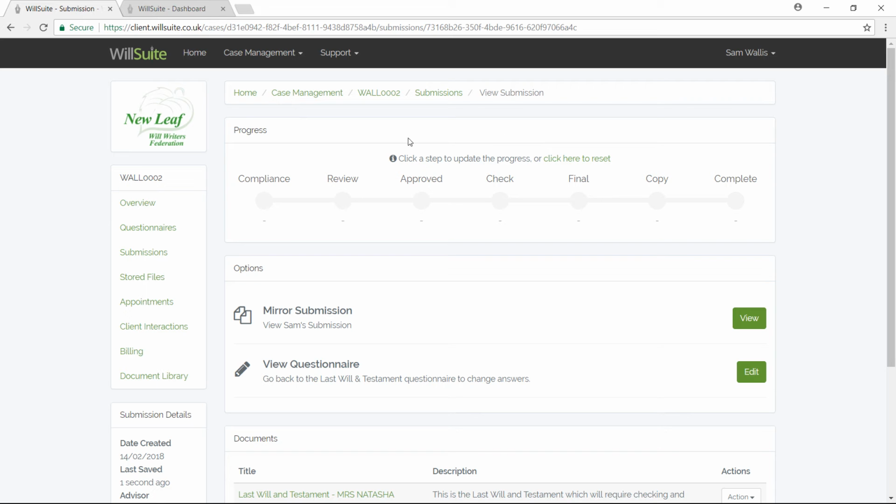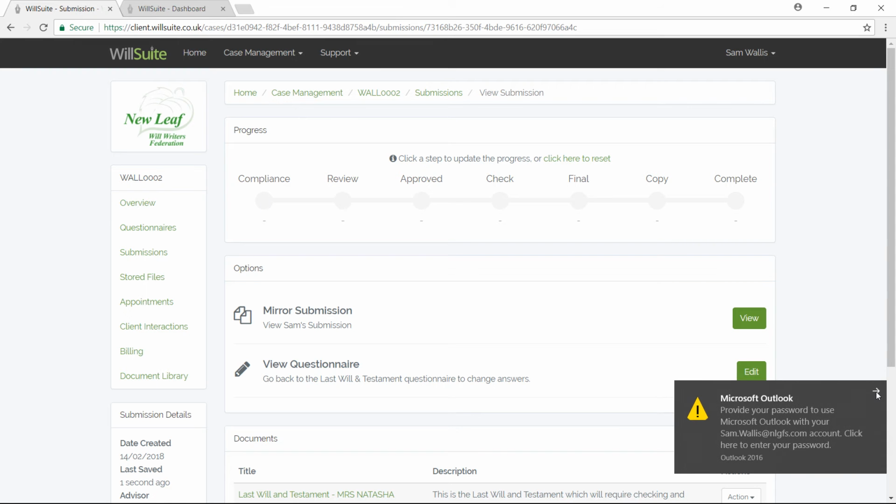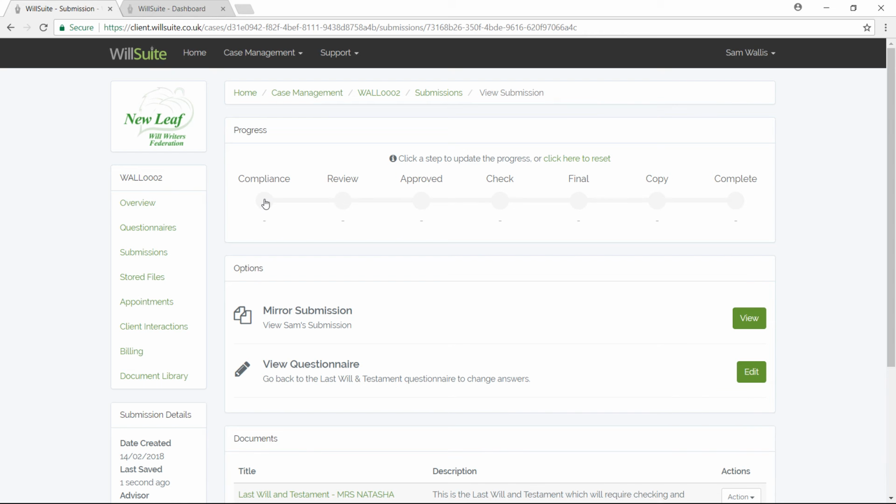Okay, so starting at the beginning, the compliance button. This is for you to use to notify New Leaf that your will is ready for checking. And to let us know, you simply click on the icon just below the word compliance,